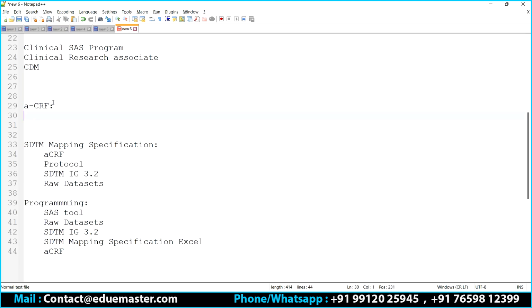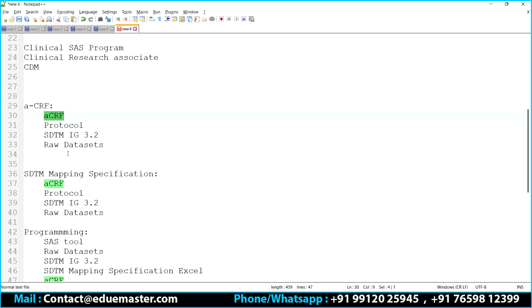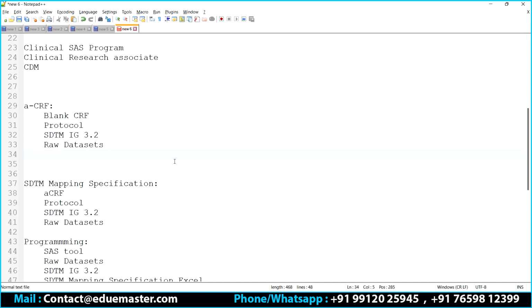Now, this can be done based on your blank CRF. First, you are going to use a blank CRF. You have your protocol, you have your SDTM implementation guide, you have raw data sets. In addition to that, you also have CRF guidelines. So I told you just now how to create this.